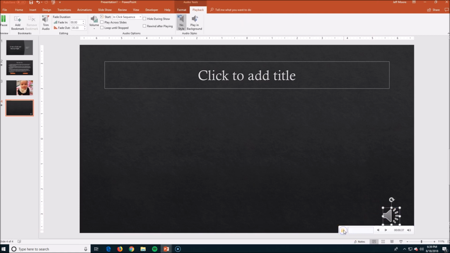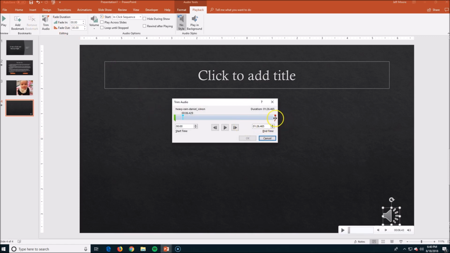Let's click it to play. It's supposed to be Heavy Rain, and it just sounds more like static. So let's adjust the volume, maybe put the volume on low, hit play. A little bit better, probably not what we're exactly after. But again, I can trim the audio, just like I did with video. If I don't want this to go quite so long, I can also, let's just make it